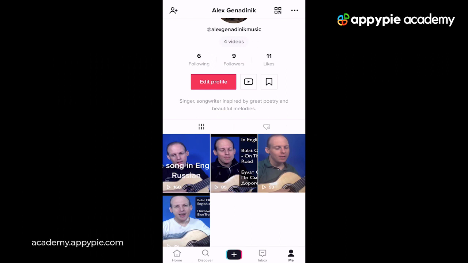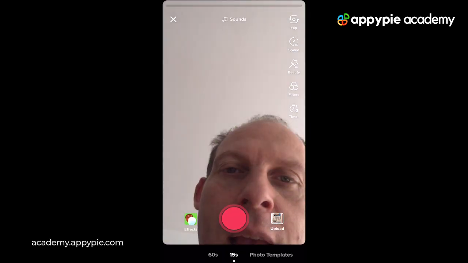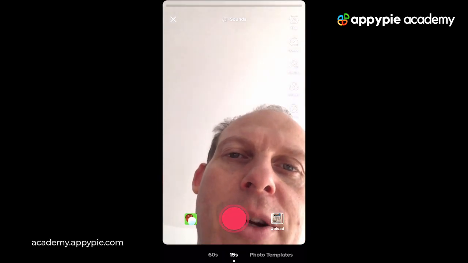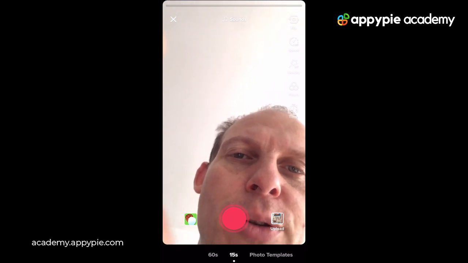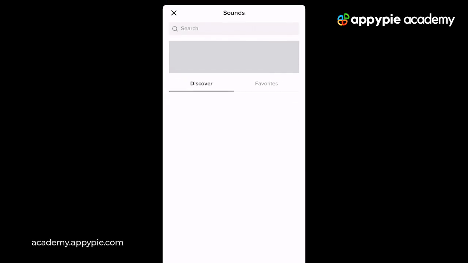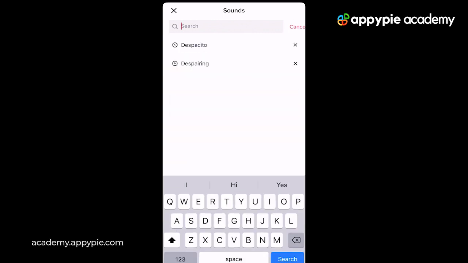TikTok provides a library of music you can choose from. When you begin to record, you can click the plus button right in the middle at the bottom. You click the plus, and you see in the middle on top, there's a little icon that says sounds. You click on top middle, it says sounds, and then you get taken to all the sounds, and you get